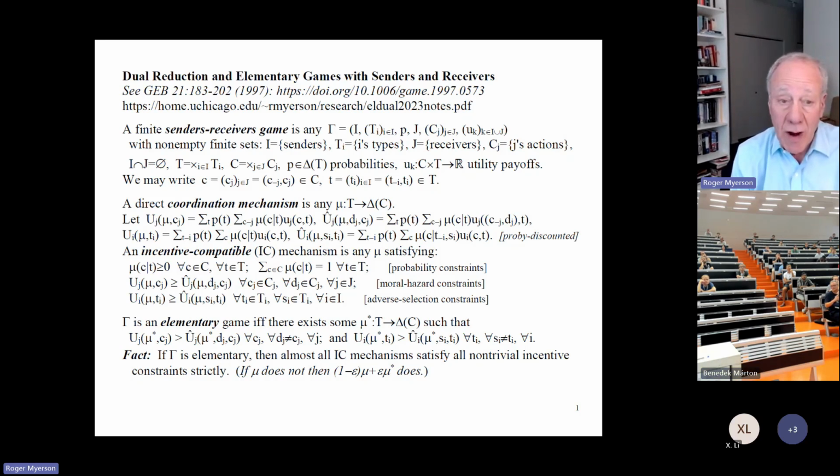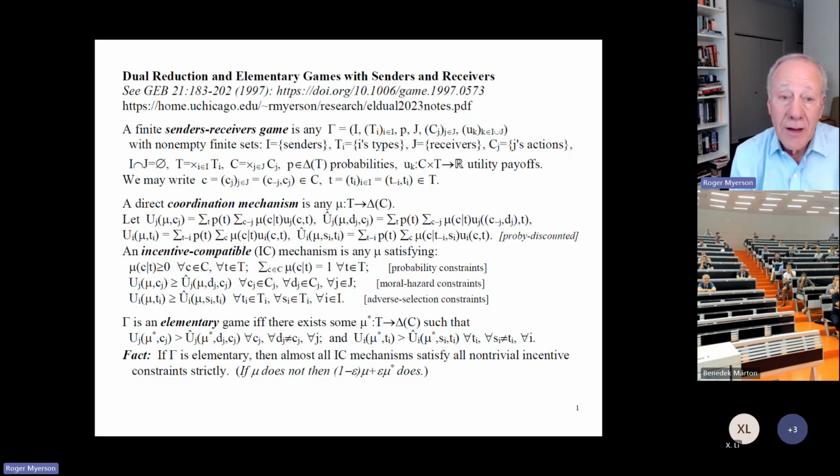I'm going to assume throughout that all communication in implementing a mechanism is confidential. That is to say, first, each sender confidentially reports his or her own type to the mediator. Then the mediator runs the mechanism mu, randomizing to select a profile of recommendations to the receivers, with mu of c given t being the probability, and then cj is confidentially recommended to